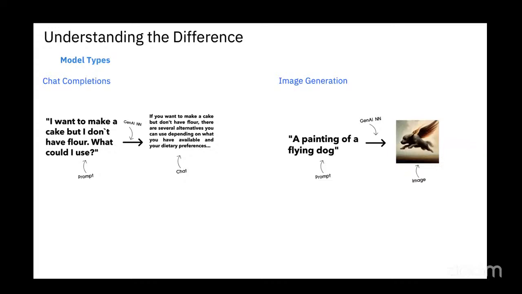Or there are other classes of multimodal generative models where, in this case, I give a prompt like a painting of a flying dog. It generates an image which looks like a painting of a flying dog. I could also do such things for different modalities. The most popular one is image. There is also work on video generation, 3D object generation, and audio generation. There are models which also generate music. You can give a prompt and it will generate music for you, as well as lyrics, based on the prompt. So these are the popular classes of models.